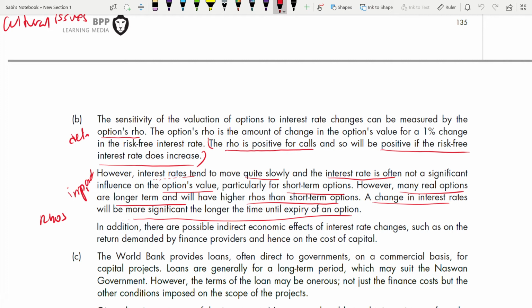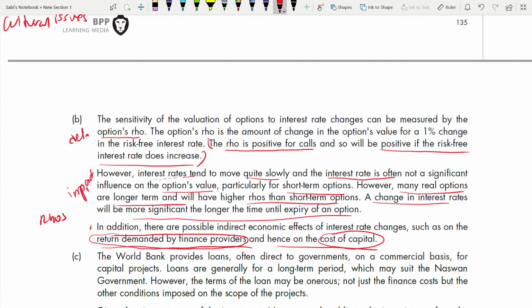Now coming to the last point, we have to talk about how this is impacting the investment appraisal. So in addition, right, this is also not a new paragraph, it's different because it was on a new page. In addition, there are possible indirect economic effects of interest rate changes, such as on the return demanded by finance providers and hence on the cost of capital. This you have to talk about because the ultimate question was what impact it will have on the investment appraisal. Investment appraisal means you can talk about the cost of capital and the return demanded by finance providers,